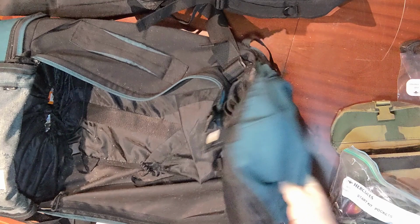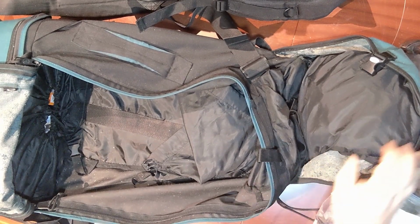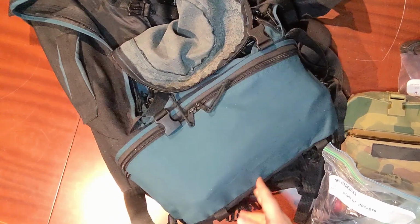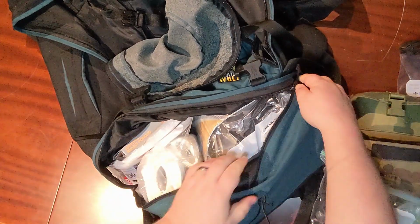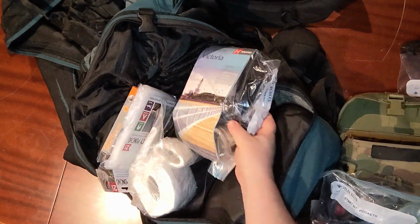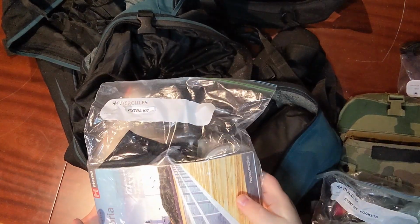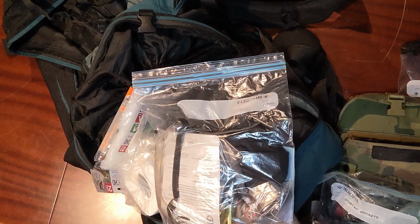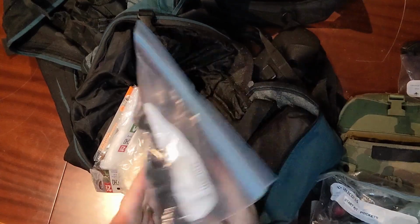I keep nothing in this top area, mostly because it's to get it to fit into the boot areas there, but it does contain the pack cover. The bottom section of this bag is where I do things differently as well, so others might be able to get some ideas from this. In the bottom section, I keep a small bag of extras. This extra kit contains things that I know I have multiple of and enough resiliency, but if I'm with someone else and they're going to need to walk home themselves, I can give them this and know that I'm not lacking. It's things like a map,